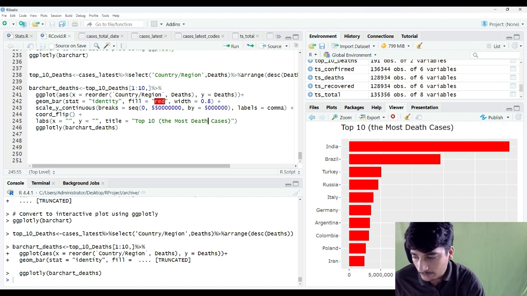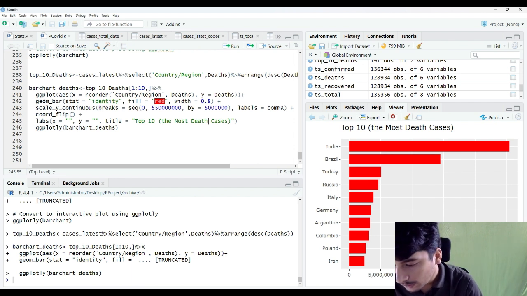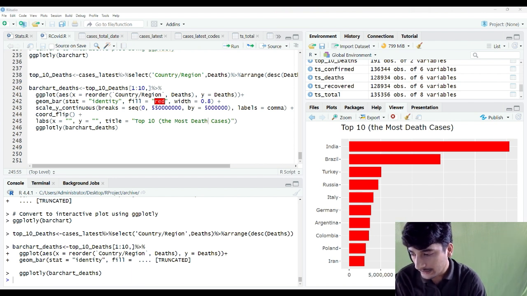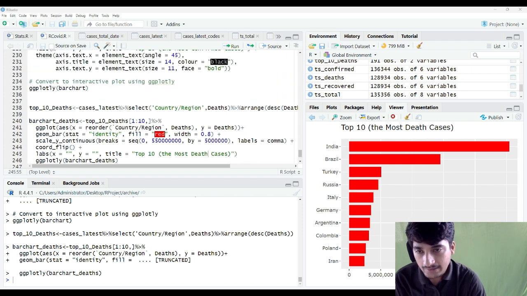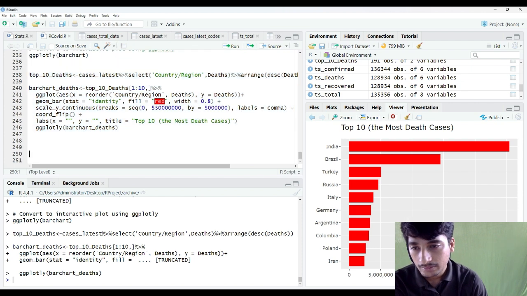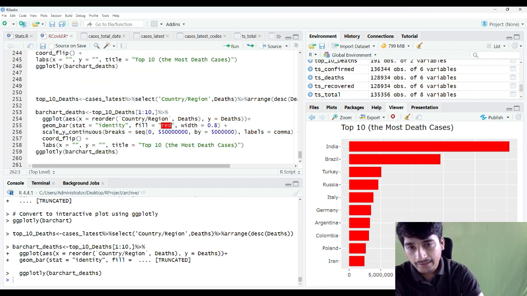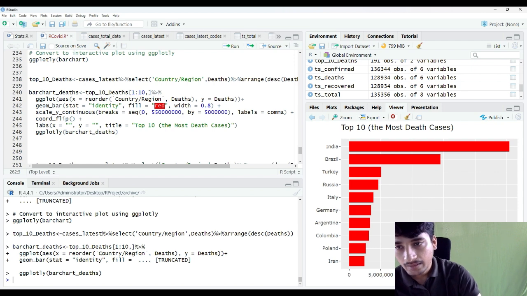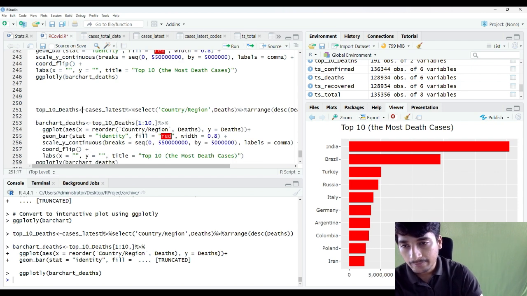Now it's your time to do a similar thing for the most recovered cases. So what I will do is replicate this code again, copy this line of code, and we'll do it for the recovered case. For the recovered case, we need to first update the variables, and in this we need to get this variable by recovered. So we'll change this to recovered,